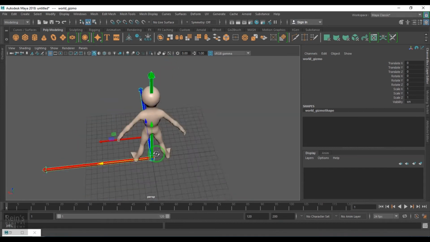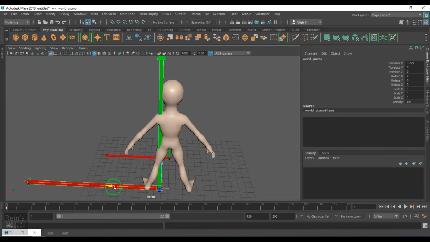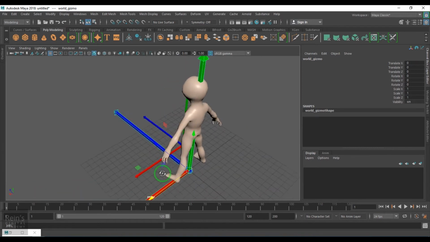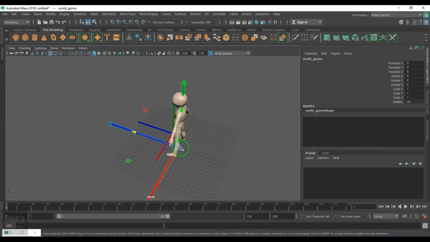If I see from this point, my character's left side is positive x, the character's right side is negative x, the character's front side is positive z and the back side is negative z.